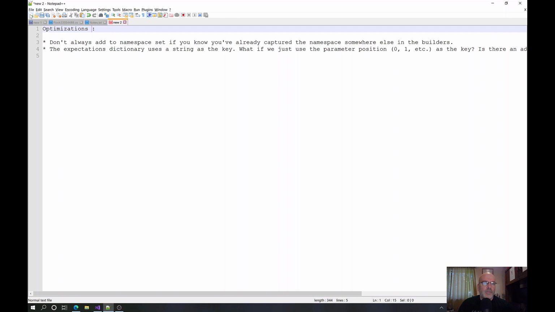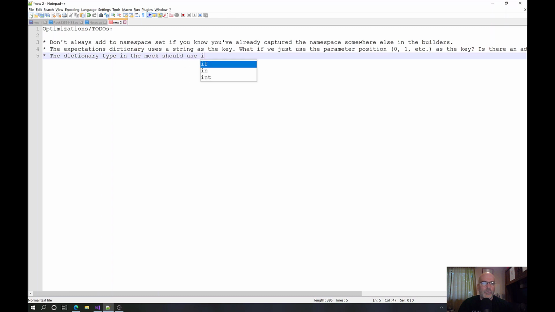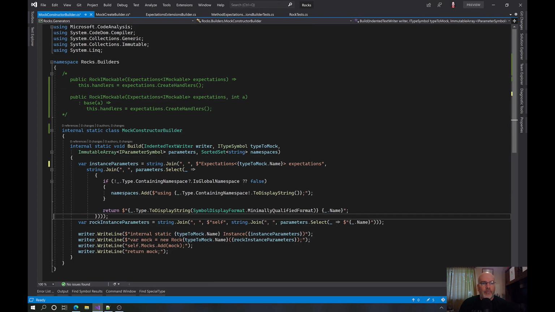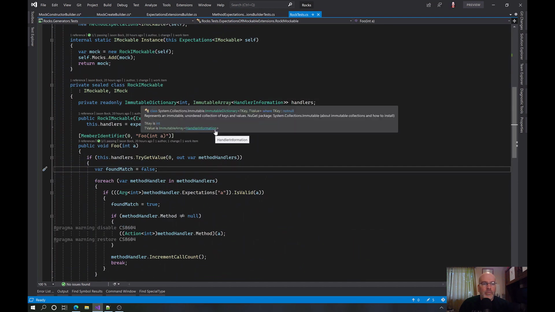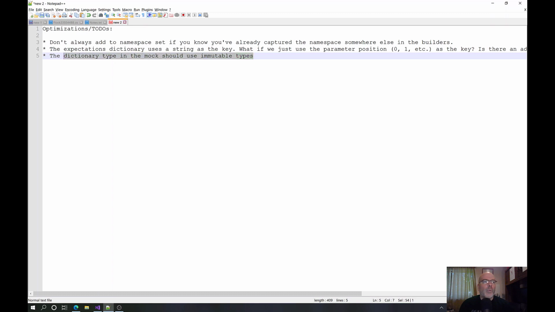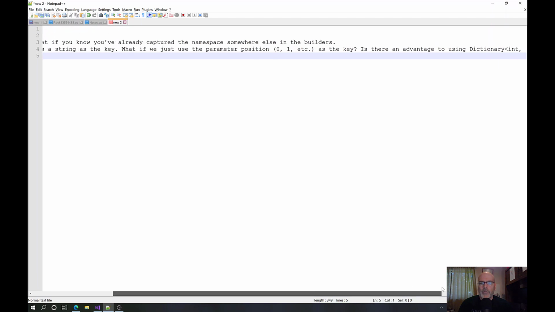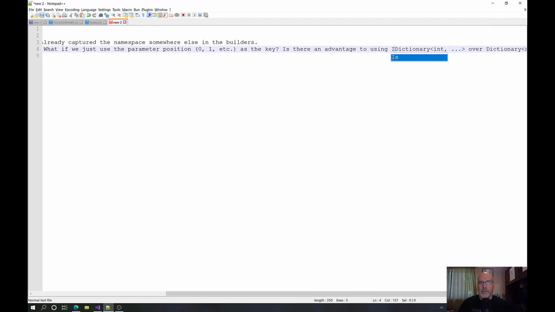Optimizations / to-dos. The dictionary type in the mock should use immutable types. Okay. Because you don't want it to, like, if you look at this right now, and I come back to mock tests, oh, it is. Okay. So if I say immutable, it really is technically immutable dictionary